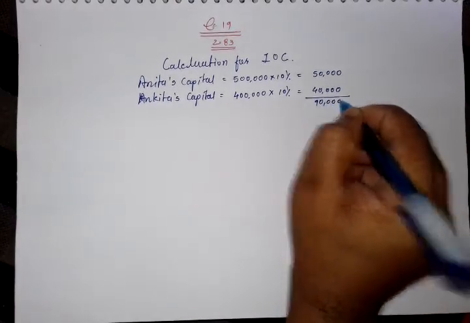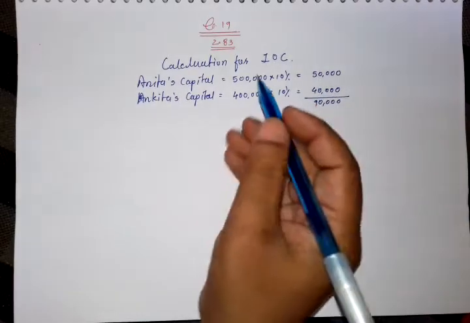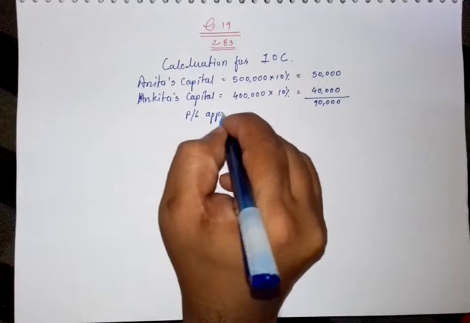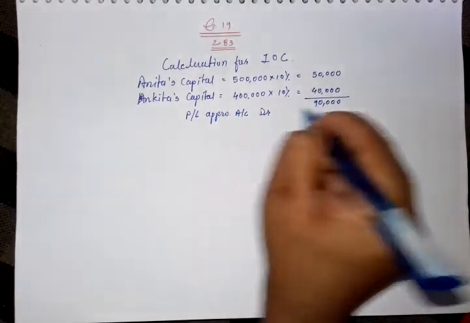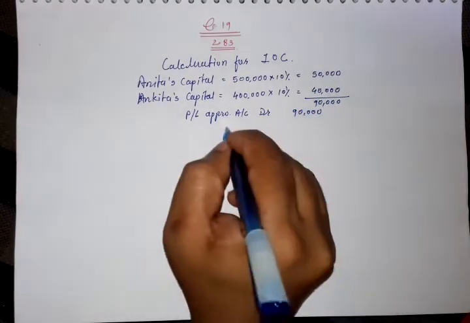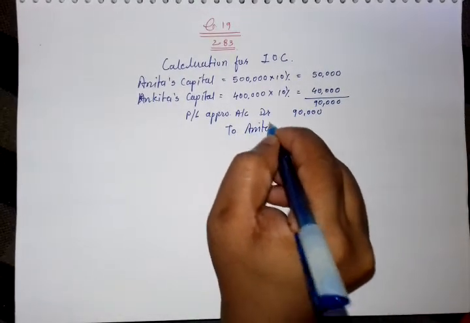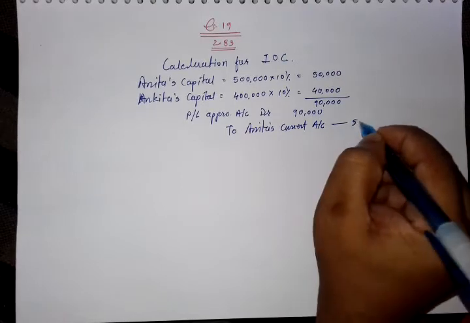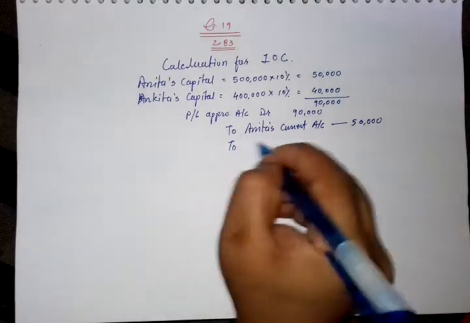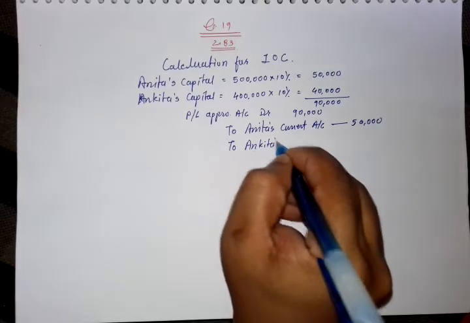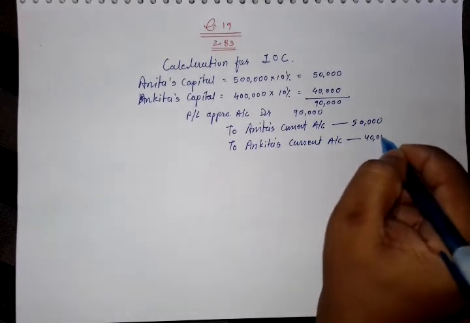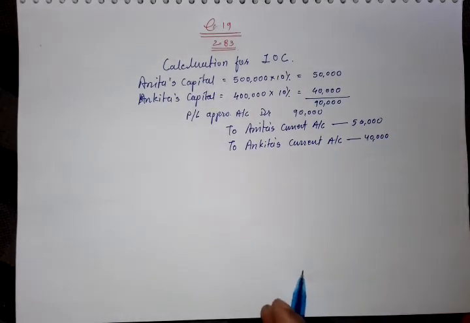Now what we have, we are having profit and loss account debit for 90,000 just because of Anita and Ankita. So our journal entry is profit and loss appropriation account debit 90,000 to Anita's current account 50,000 and to Ankita's current account 40,000. That is clear. Okay, now